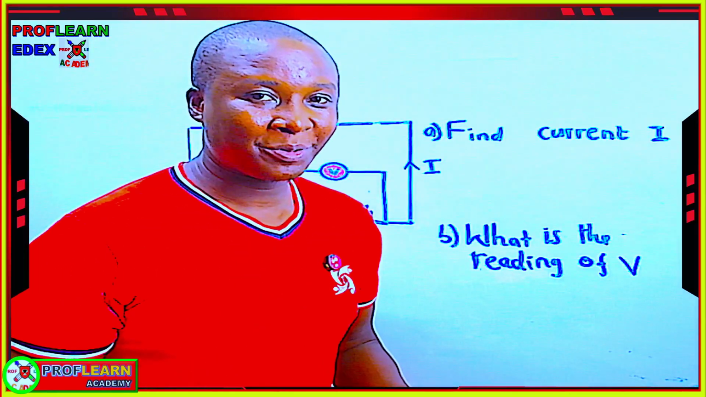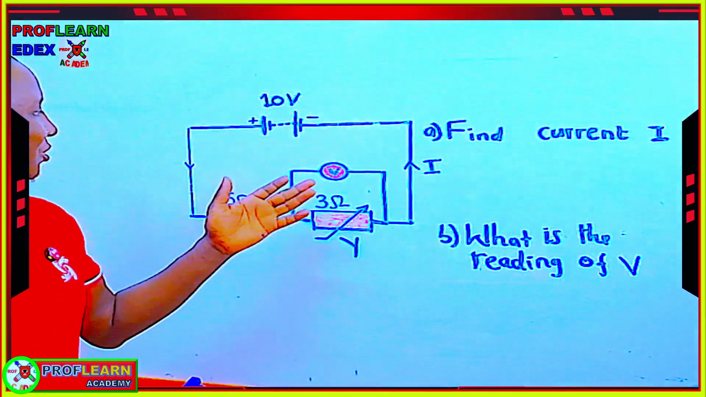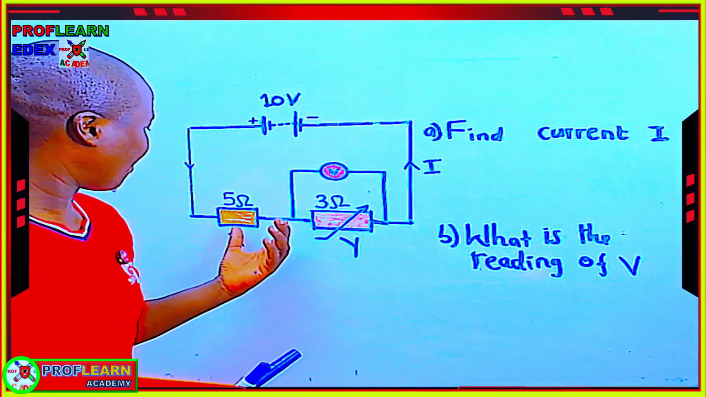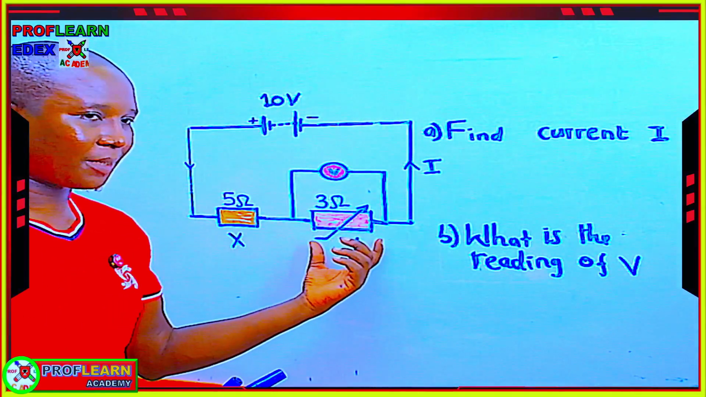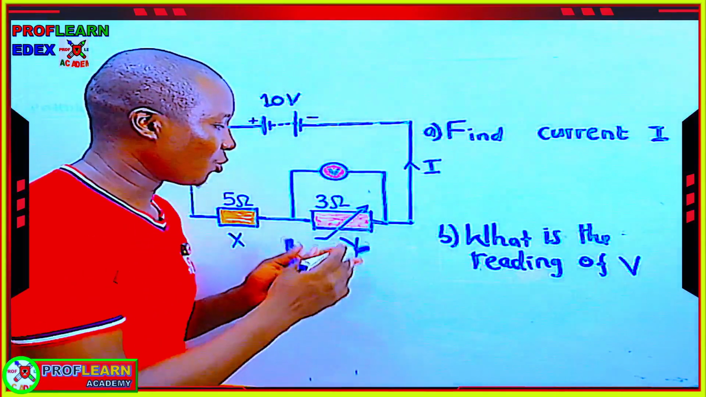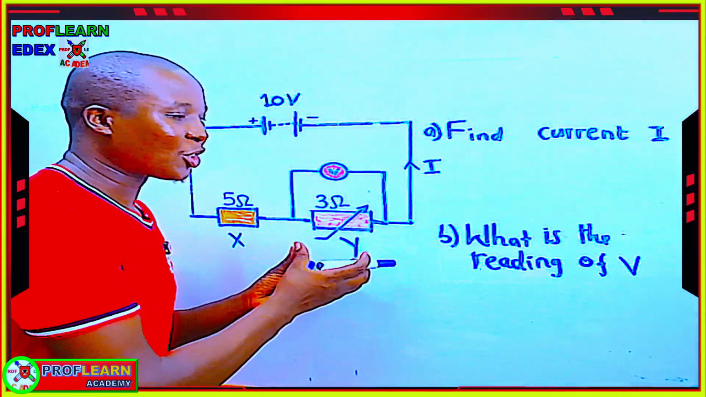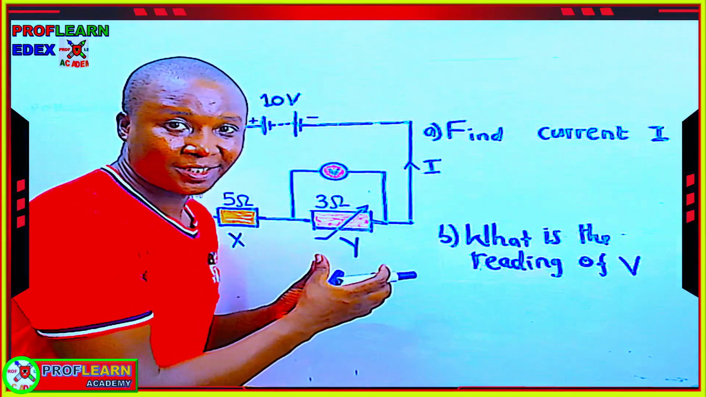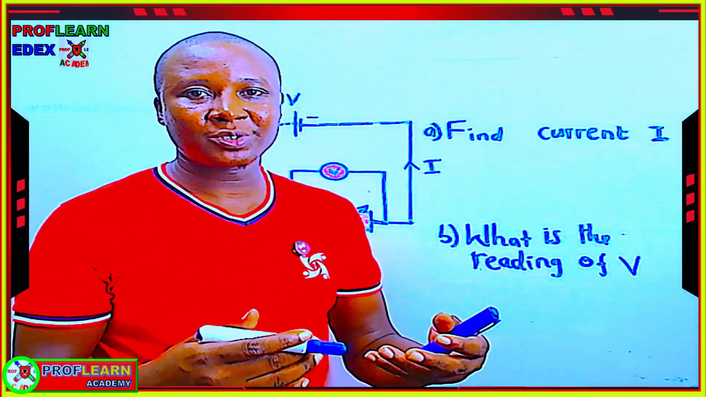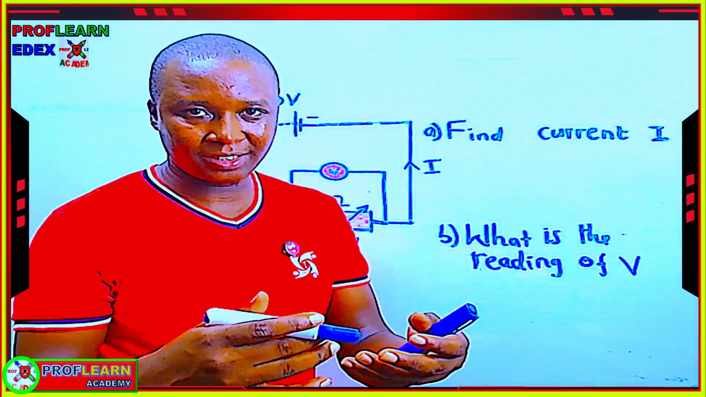Sometimes you are asked a question like this one. You are told that there is a circuit whereby we have a resistor and we have another type of resistor, and if you are asked which type of resistor is this, you will tell the examiner that this is called a variable resistor. And a variable resistor is a type of resistor whose resistance can be varied, can be changed,